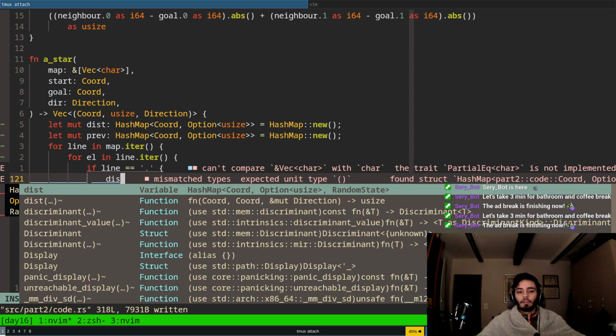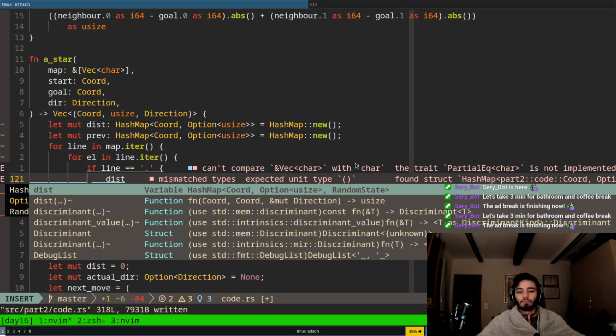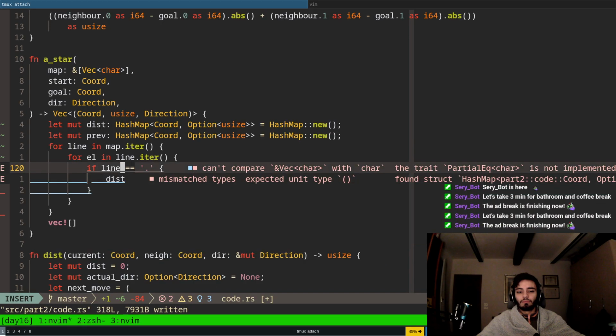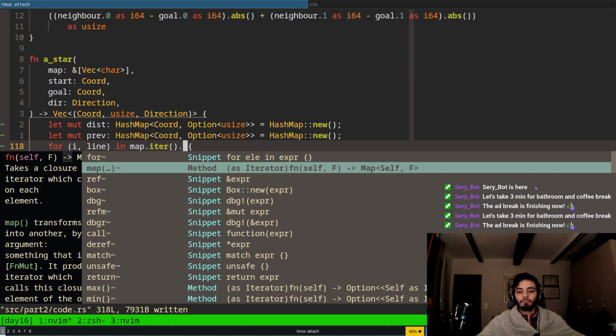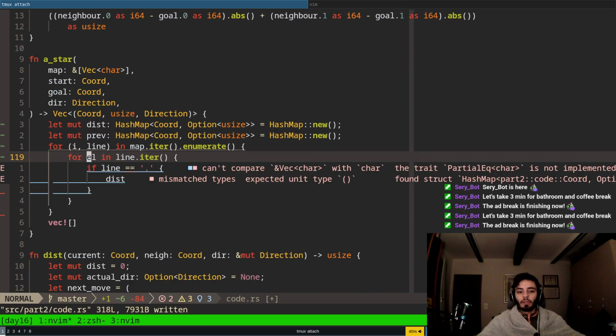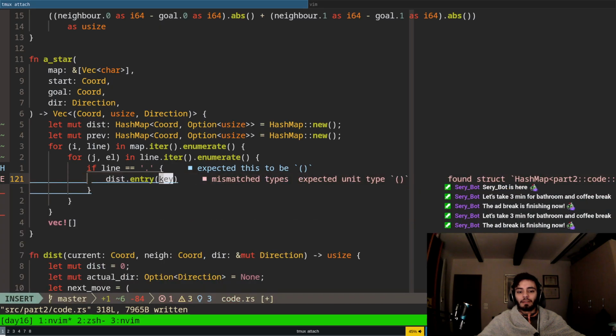Okay, so I need also the coordinate, so that would be i enumerate, j enumerate. Okay, this dist entry coordinate of ij, obviously this,